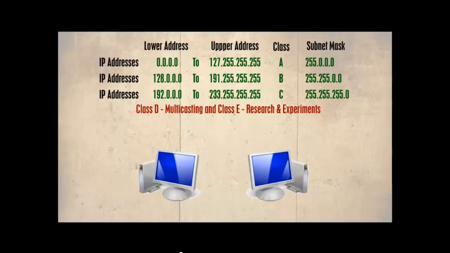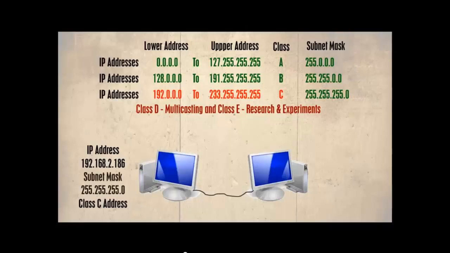The first is 192.168.2.186. We can see that this falls into a Class C, so the subnet mask is 255.255.255.0. When we describe a network or host ID, we should refer to them as 4 octets, so we shall add a 0 to the end of this. This means the host ID is the last octet of the IP address, which is 186, and once again we shall complete this as 4 octets,